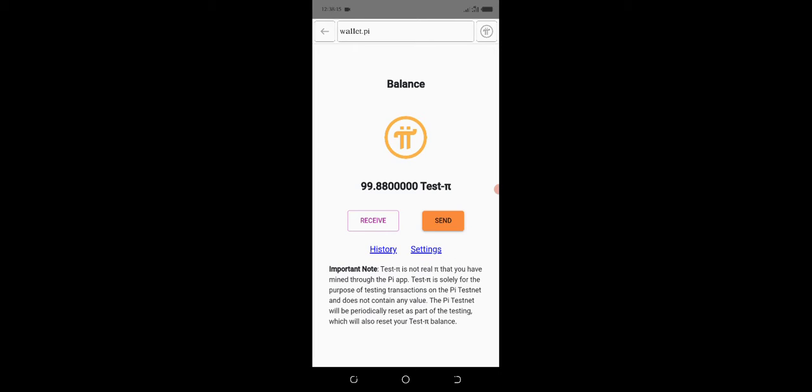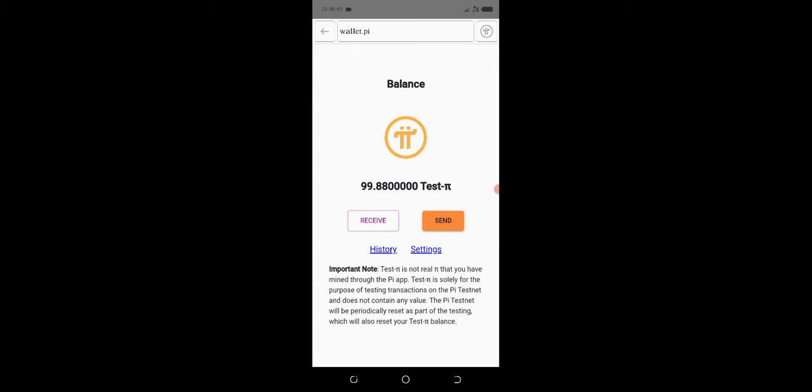If you have any problems or challenges, maybe you try sending Pi and your transaction is not going smoothly, this is the reason why they created the test Pi. It's one of the reasons, so that users can test Pi and make sure that the transaction is moving smoothly,